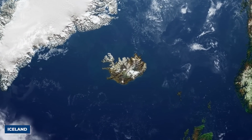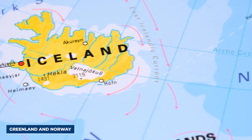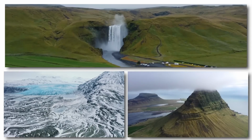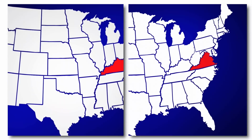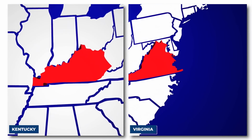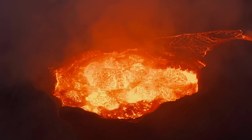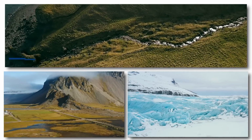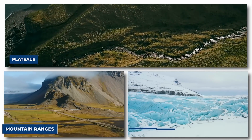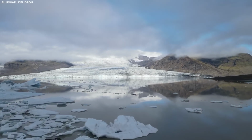Iceland, a rugged island in the Atlantic Ocean, nestled between Greenland and Norway near the Arctic Circle, harbors a landscape that is both mysterious and breathtaking. Roughly the size of Kentucky and Virginia combined, this young landmass has some of the most active volcanoes in the world. Its vast, uninhabited landscapes include dramatic plateaus, mountain ranges, and fertile lowlands, distributed with long, deep fjords and glaciers,